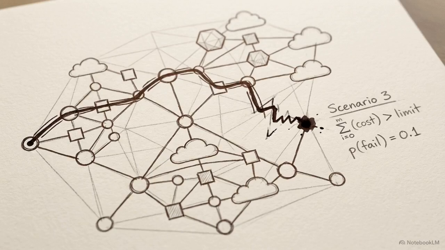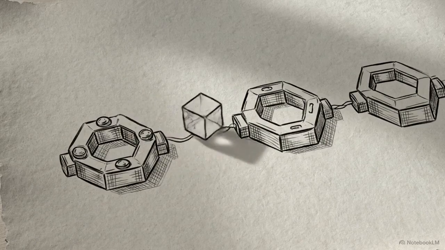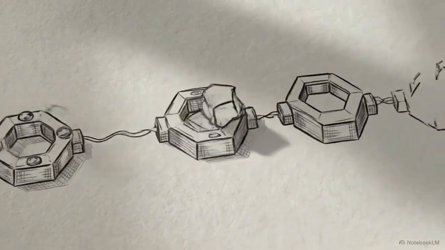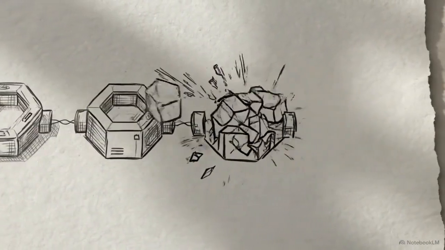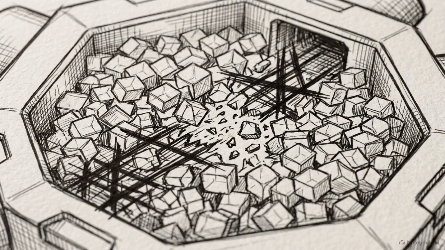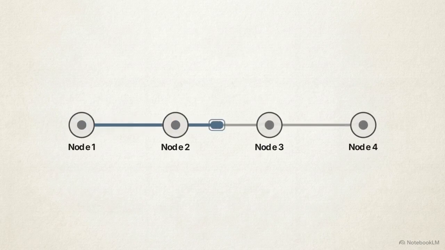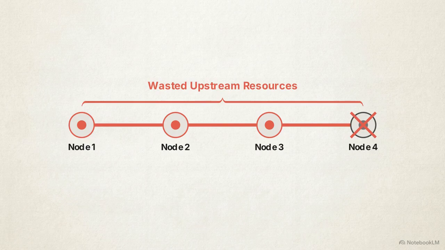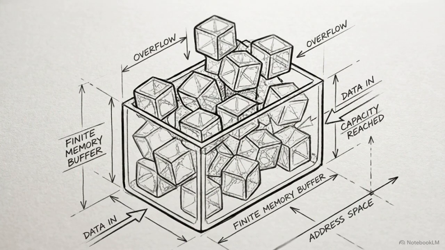In networking theory, this is known as Scenario 3. Data travels cleanly through the first 3 nodes. But at the 4th junction, the volume of arriving data exceeds the link's outgoing capacity. The packets pile up, and eventually the system simply destroys them. When a packet is dropped this far downstream, the upstream transmission capacity used to get it to that 4th node is permanently wasted. This happens because intermediate routers have finite memory buffers.